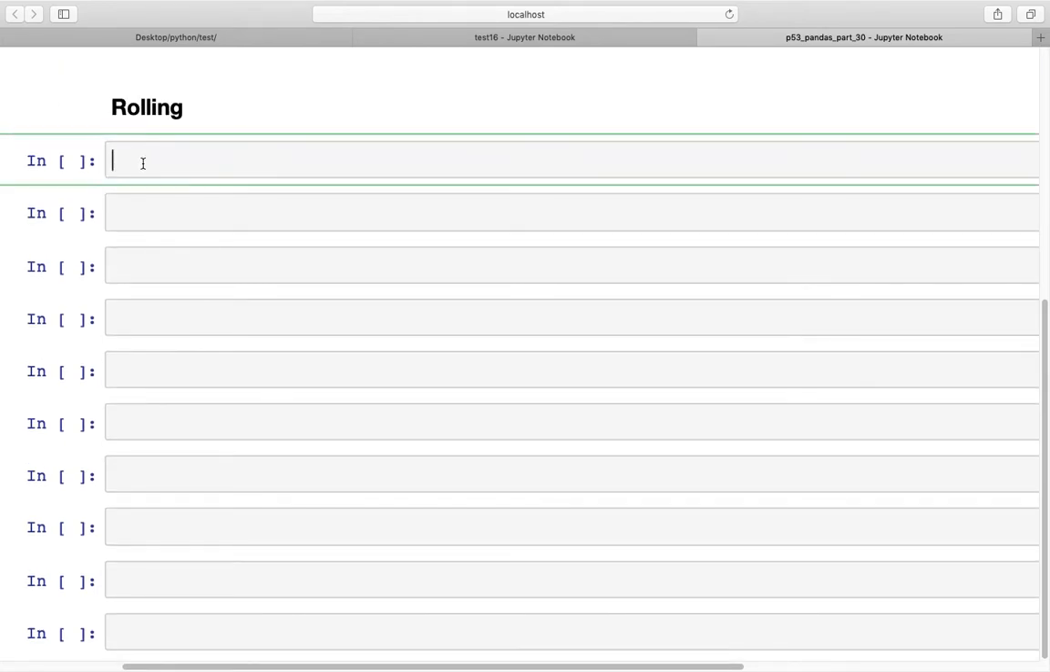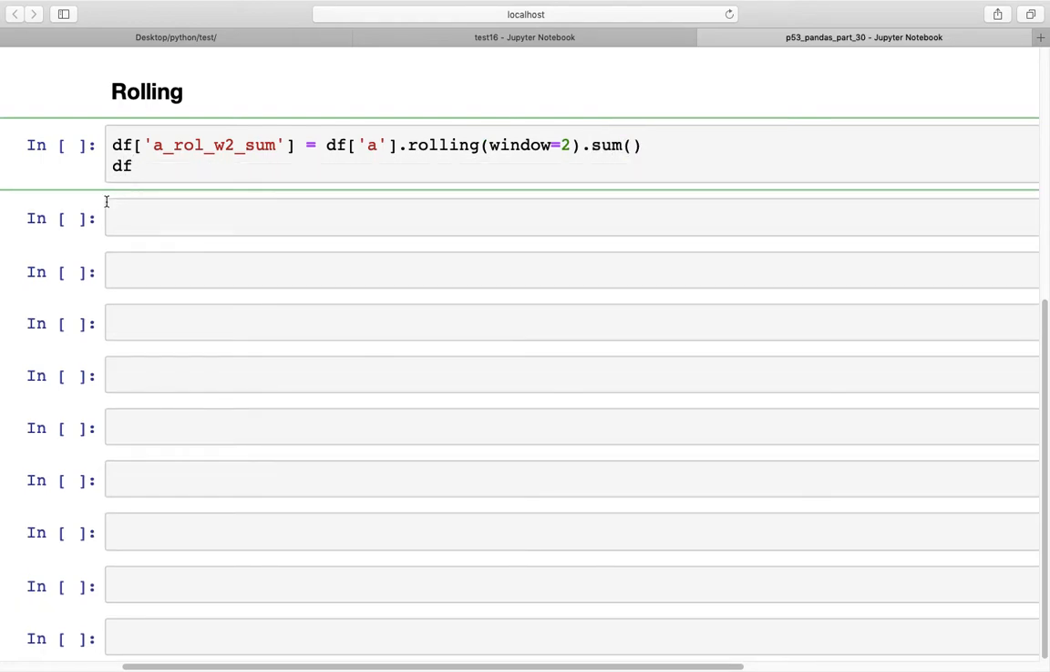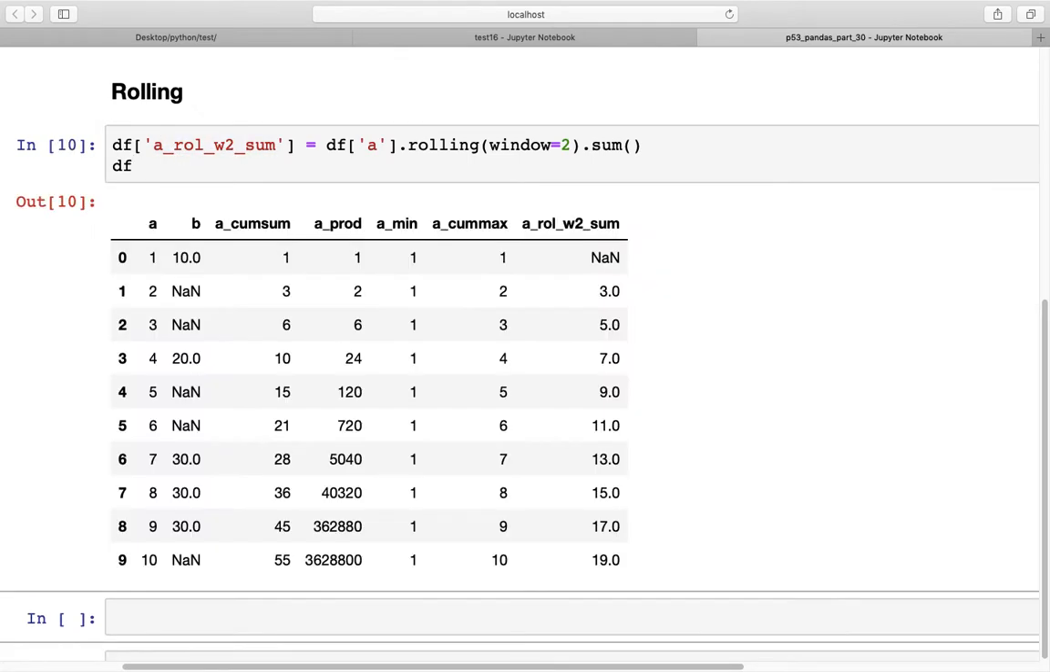So for rolling, the very first one we are going to try is creating a sum using the rolling function. So if we create a new column, a underscore roll, and rolling, we give it a window size of 2, and we are going to calculate the sum. So df of a dot rolling, and the open parenthesis, here we type window is equal to the size of the window, we are specifying 2, and then close parenthesis dot sum. So this will calculate the rolling sum of the column A and save it in this particular column,